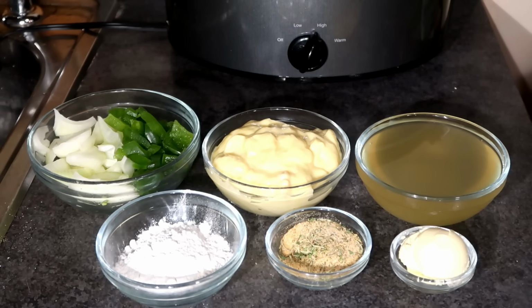But anyway, I'm going to be showing you guys today how to make turkey wings and gravy. Smothered turkey wings in a crock pot, okay? And the full recipe can be found on